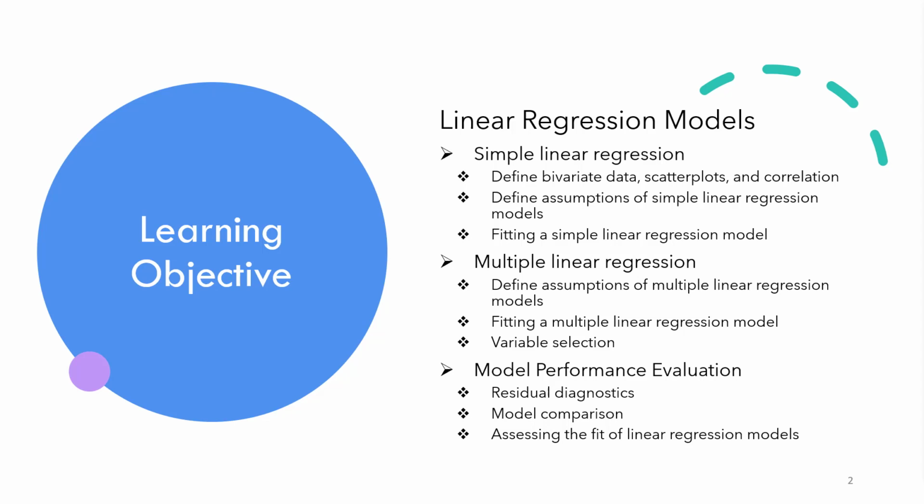And then we will talk about multiple linear regression. In this section, we will also talk about the assumptions. In order to build a model, you have to meet the model assumptions, and also how you can fit the model as well as how you do the variable selection, because that is something really important for multiple linear